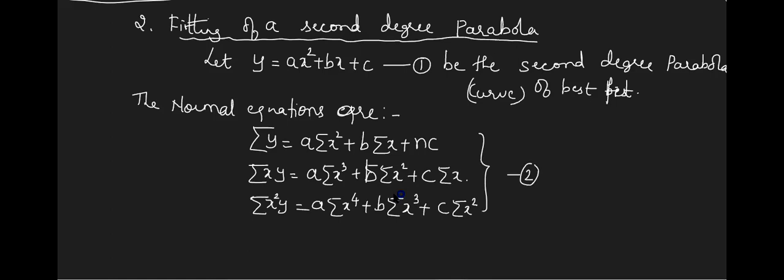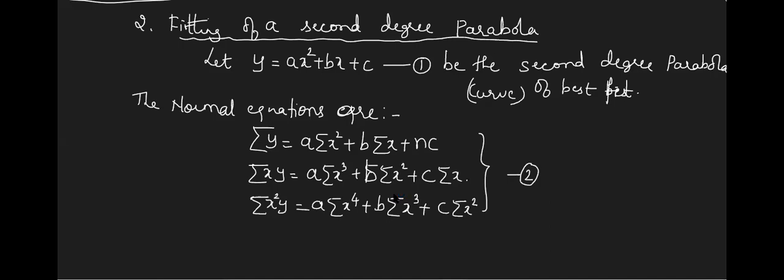Let us take it as equation 2. Again, what are the values to be taken up? They will give a table containing x and y values. What we want: x square, x cube, x raised to 4, xy, x square y. The table is going to be a little bigger, that's all. After getting all the values, substitute over here. There is a provision in the calculator where you can solve 3 equations in 3 unknowns, isn't it?